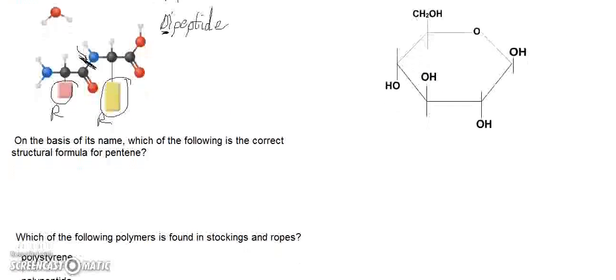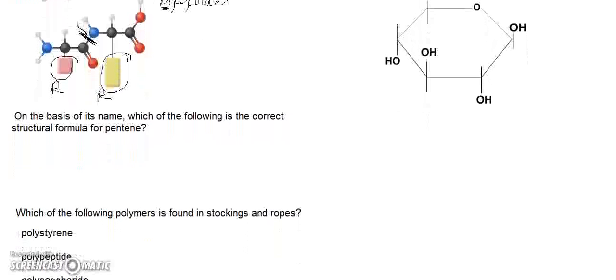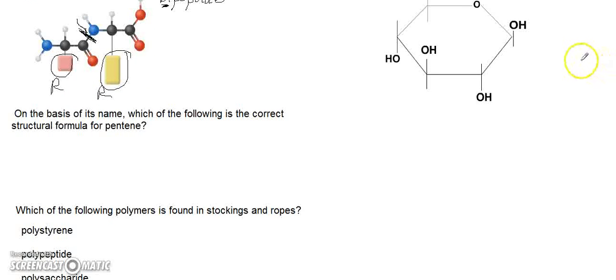All right, next. On the basis of its name, which of the following is the correct structural formula for pentene? And then you're given four different structural formulas, pictures for pentene, and you have to choose the right one. Now, most people understood that the ENE, it's pentene, so that should mean it's a double bond. There is a double bond between two carbons somewhere in this molecule. And there were two choices that had a double bond. So here were the two choices,